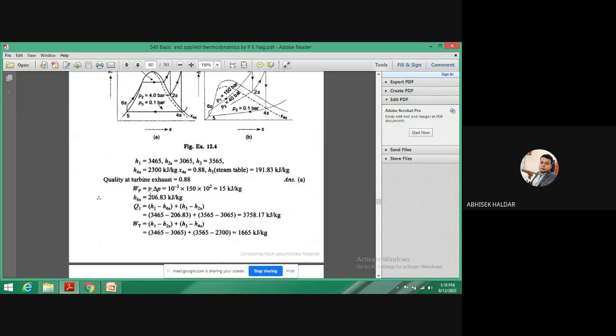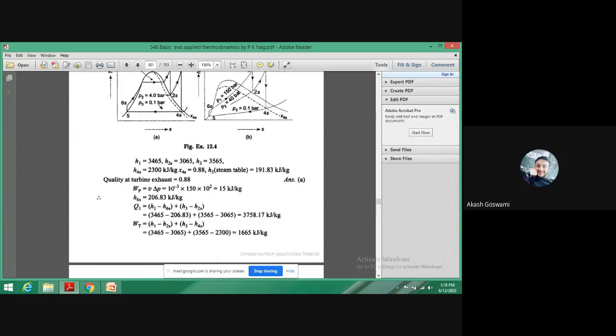What is this V? This V is the specific volume at which pressure? This condenser pressure, and it is nothing but the Vf again, because it is lying on the saturated liquid line. And delta P means which pressure difference? Can you tell me?